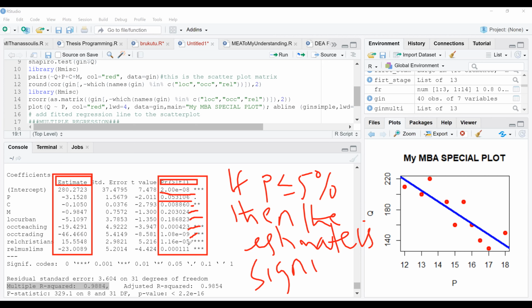What about religion Christian? Significant. What about religion Muslim? Significant. So why is trading significant? Because it's 1.08 E minus 09. Okay, so gentlemen, can you explain it to her? She wasn't here. Yes, because of the exponent, it means there is